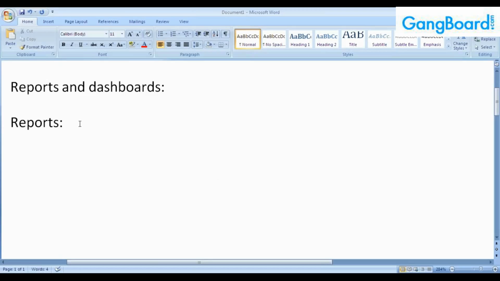So let's start with today's session of reports and dashboards. Last week we were seeing the automated functionalities which are available in Salesforce, in the first level workflows and the goal process. So today let's continue with the reports and dashboards. That would be our today's session. Okay. So reports, in short, if you see, it is like